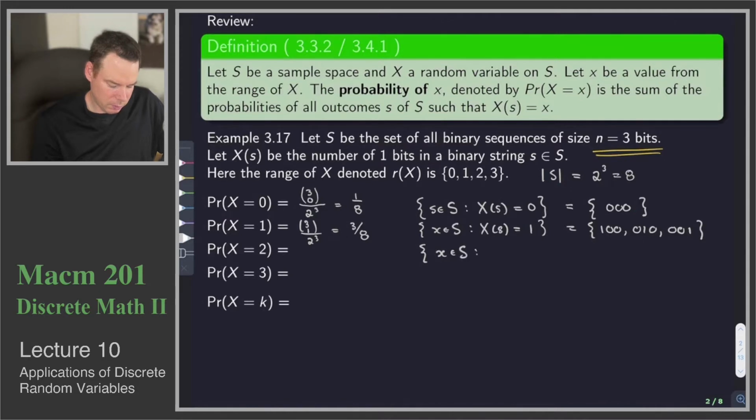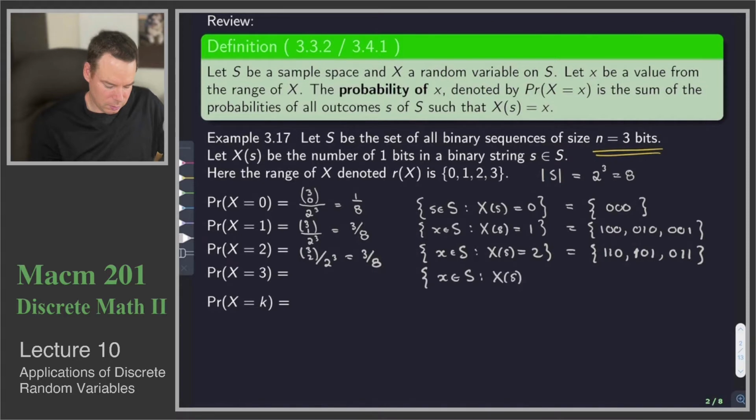Similarly for this one, X of s is equal to 2. If you're going to have two 1s, they could be 1, 1, 0, or 1, 0, 1, or 0, 1, 1. So there are 3 ways to get two 1s, and that is equivalent to, of the 3 positions, choose 2 of them to contain 1s. And so we get our probability of 3/8. And lastly,